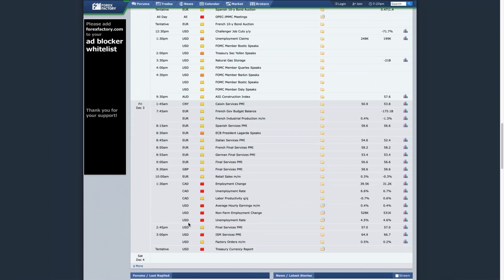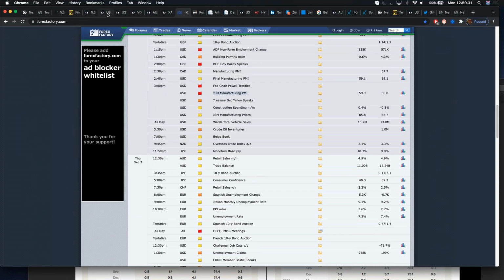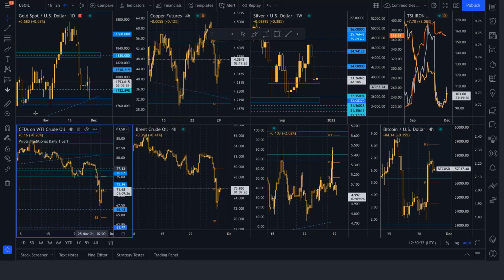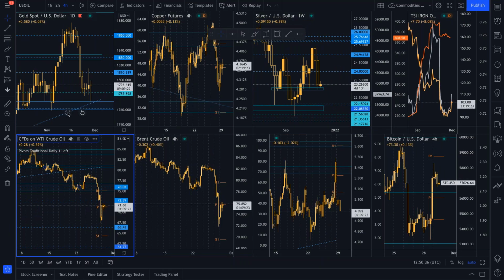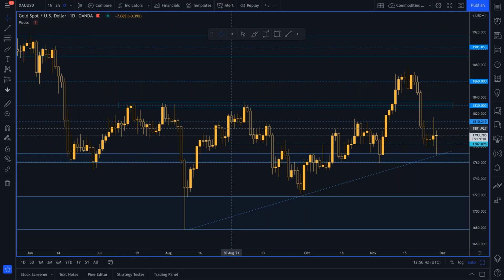And then the big event is potentially the non-farm payroll on Friday. Now, I'll show you the best opportunity there will be, but unfortunately, this is now made complicated. It's made complicated because of the vaccine issue with the Omicron variant. Now, let's assume that the Omicron variant fades into the background.